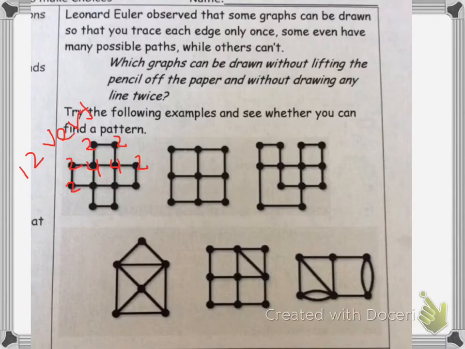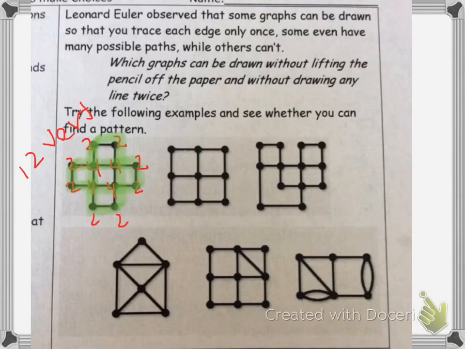2, 2, 4, 4, 2, 2, and 2. So, just looking at that and seeing how that's working. Make sure I counted those all right. All right, so let's just go to the next one now and let's see whether or not we can figure out how to do the next one.